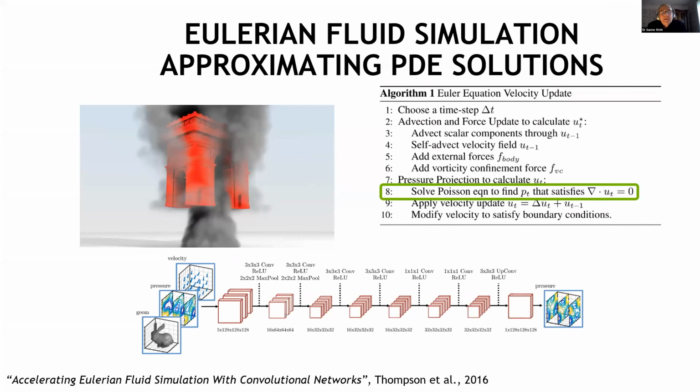So the idea that the scientists are implementing in this paper is to train a network only for this step. You have the geometry, you have the velocity from the previous time step, and you have the pressure, and you compute the new pressure. This is done by training the network, and then they compare it with MantaFlow, and there is no loss in precision in the quality of the result. So this here is really impressive.